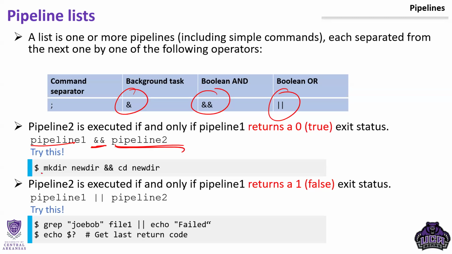So in this case, we did make a directory called new directory. If new directory was successful in its creation, then we could cd into it in one line right there. And in this case, I'm running a grep and I'm grepping for Joe Bob in file1. Now, if the grep runs successfully right here, then nothing else happens. We will just get Joe Bob, every line that Joe Bob is in will be returned. But if Joe Bob is not in the file, then we use this OR, so we can say echo